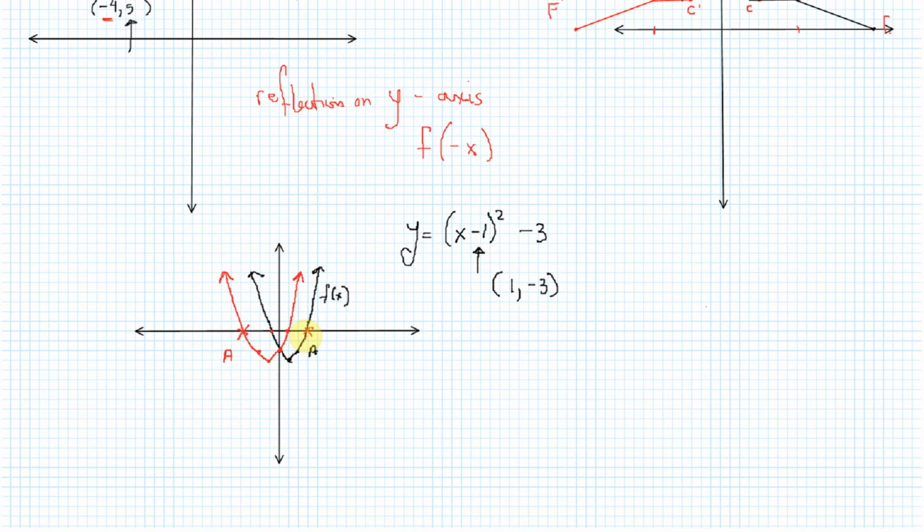I wasn't as careful as I should have been in the graphing, but you can see how it's been reflected. What I want you to notice is we can, because we know this vertex, we can write this reflected equation. The vertex here is negative 1 and negative 3, and so we have,